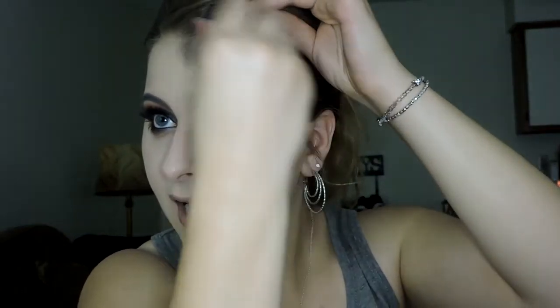So I'm just going to apply this right there in the hollows and blend it upward on my cheeks. And apply it alongside my face right here next to the eyes, and then bring it up towards my forehead. And I'm keeping this really, really close to the hairline. I'm also going to apply this to my jawline and blend it down a little bit so there's no line